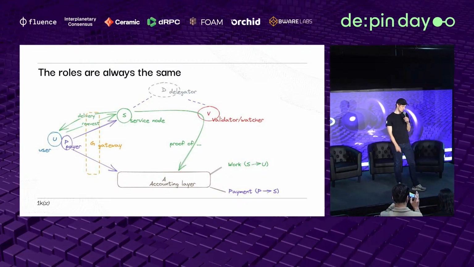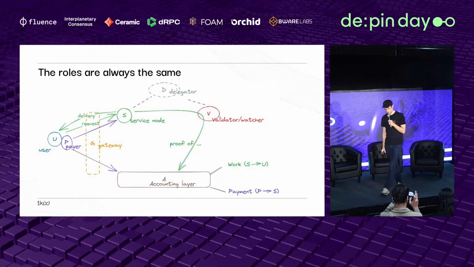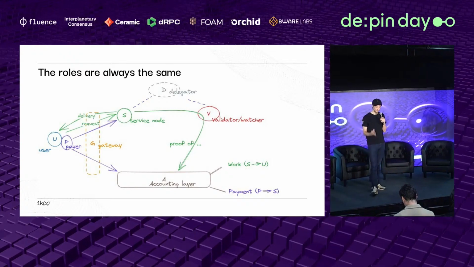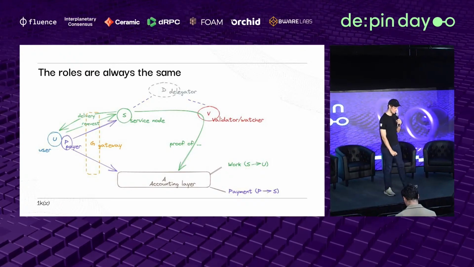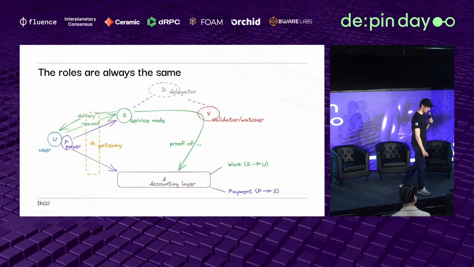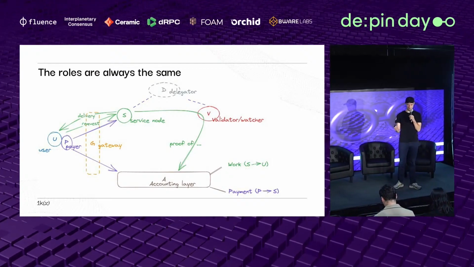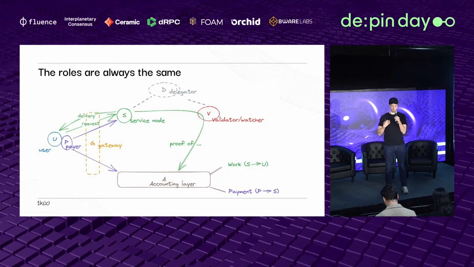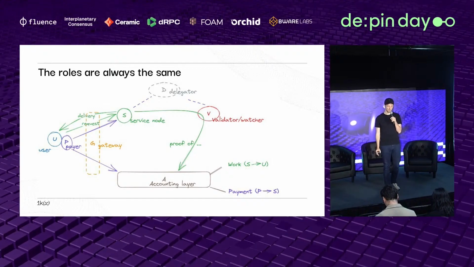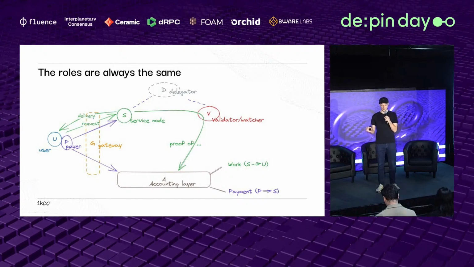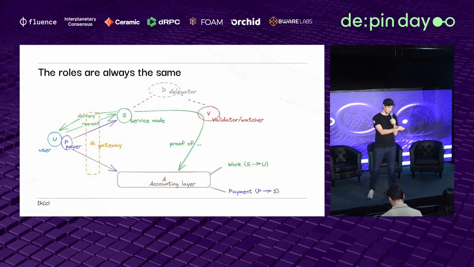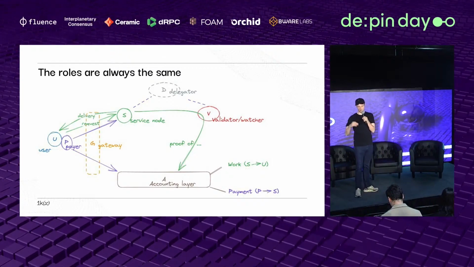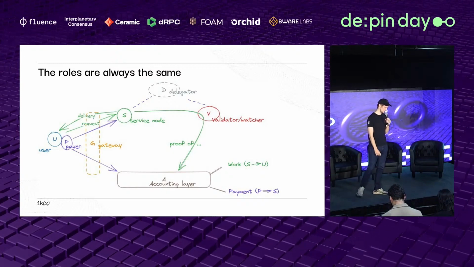Obviously, the center is the service nodes. These are the guys who provide the hardware, who set up the antenna. They provide the service that the DePIN then sends to the user. Then you have the validators. They are keeping the service nodes in check because, just because I'm a service node and I say, yeah, I provide the storage, or I saved your file, we're living in a trustless environment, so somebody might want to keep an eye on it. There are different names out there for that: validator, watcher, fisherman, all these types of things.